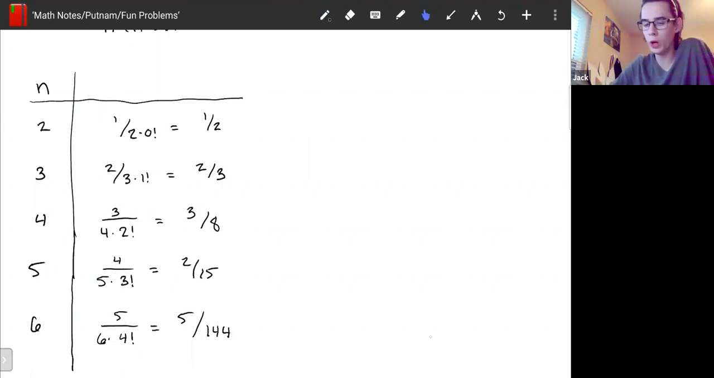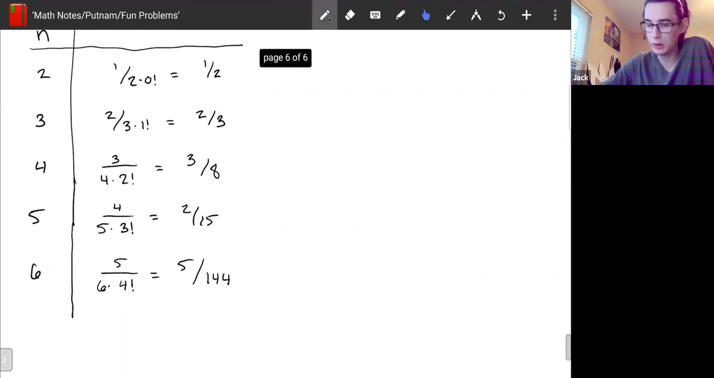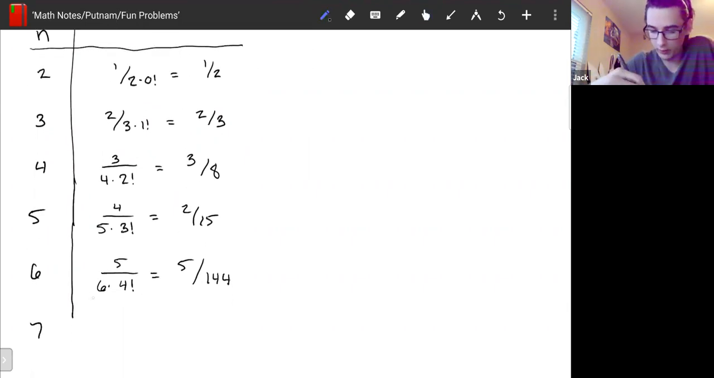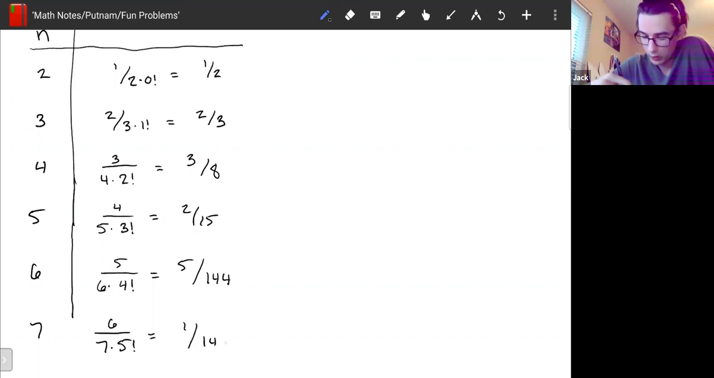And let's do one more for good measure, right? Let's do 7. So that's going to be 6 over 7 times 5 factorial. And that'll be, let's see, 1 over 140. Okay, so if we look at these right here, for n equals 2, in reduced form we have a